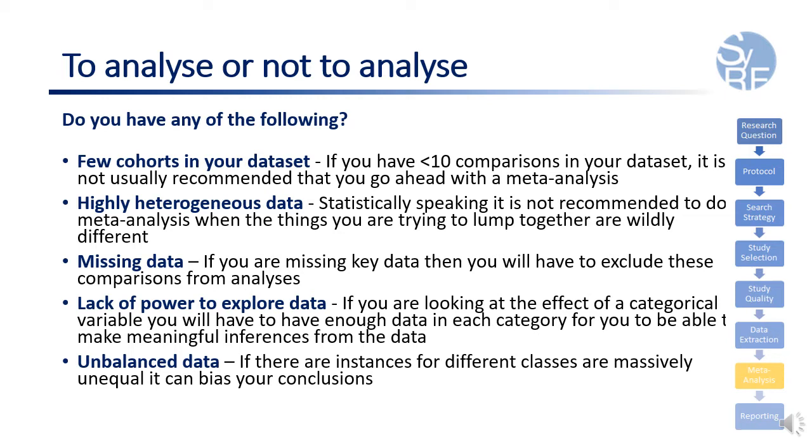If you want to delve deeper into what factors influence your analyses, then there is also an issue of power here. So if you have a dataset where you have a large list of treatment drugs, for example, where many of them only contribute a handful of comparisons to the entire dataset, you might have to consider grouping some of these drugs based on some sort of biological reasoning to increase the power of the data in each of your categories. This is also difficult and can be unreliable if you have severely unbalanced data. An example of this would be if you had a variable where a large proportion of your studies had one answer and only a few studies had an alternative answer. This would mean your data for that variable were unbalanced, and any conclusions drawn about its influence on the outcome of interest would be unreliable.